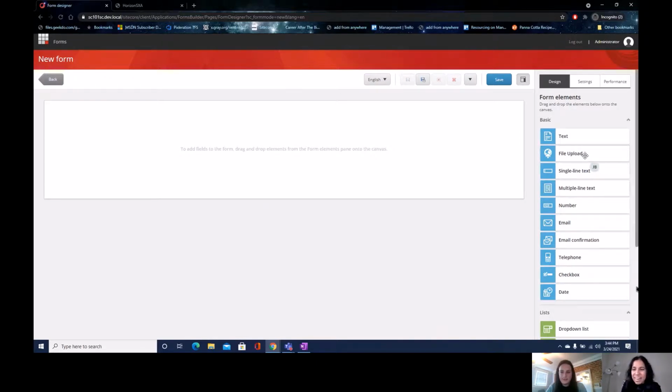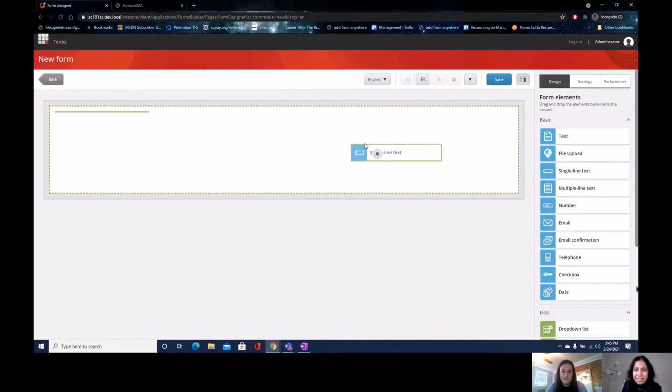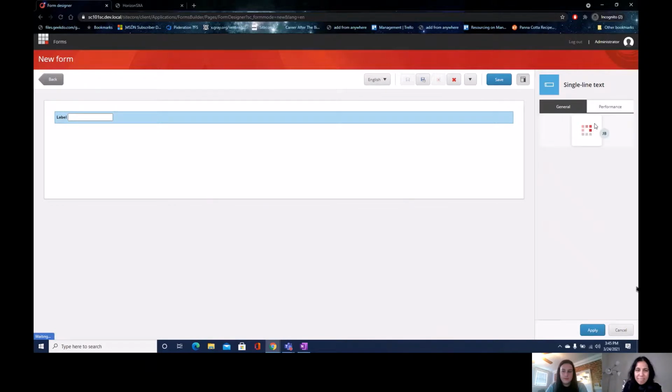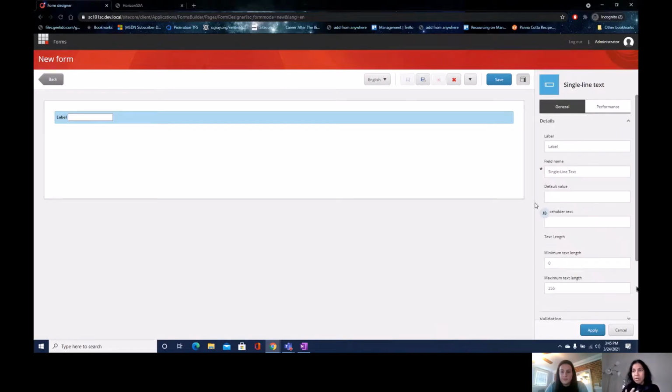All right, so let me just add in a quick single line text field in here. We'll just call this field name, first name, very simple stuff, and have a submit action. But in here, Sitecore has now added the ability to send a simple email. So if you have a very simple lead form, which is probably a lot of your forms, either a simple lead form or a simple contact us form,